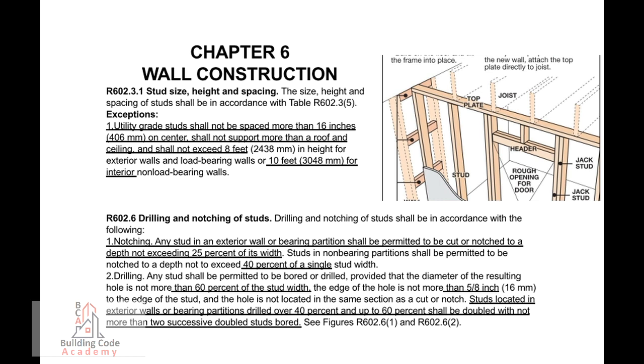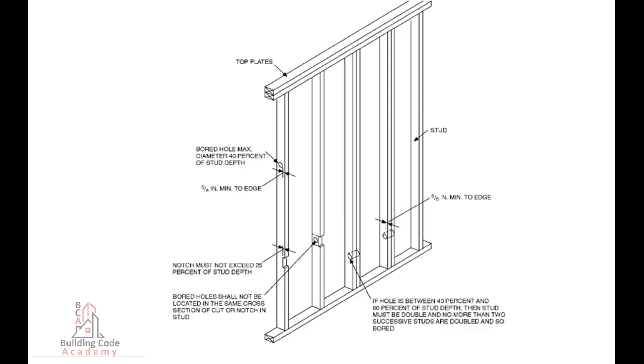R602.6 Drilling and Notching of Studs. Drilling and notching of studs shall be in accordance with the following: 1. Notching. Any stud in an exterior wall or bearing partition shall be permitted to be cut or notched to a depth not exceeding 25% of its width. Studs in non-bearing partitions shall be permitted to be notched to a depth not to exceed 40% of a single stud width. 2. Drilling. Any stud shall be permitted to be bored or drilled provided that the diameter of the